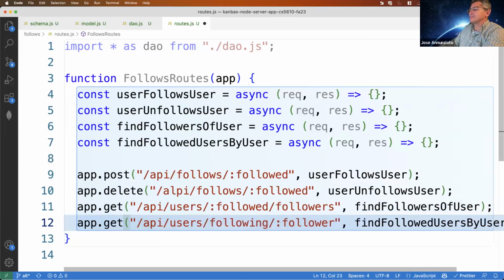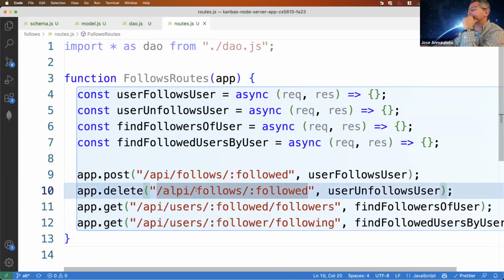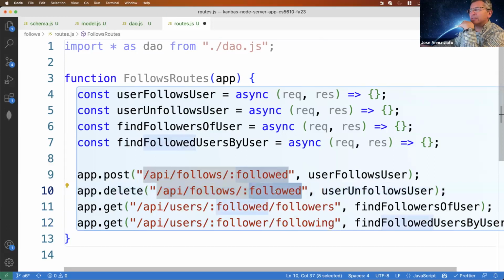And so users, right? So we're given the follower. Give me all the people that this person is following. Yeah. Delete, would this be better? Because this follow is really the ID of a person, right? Follow.